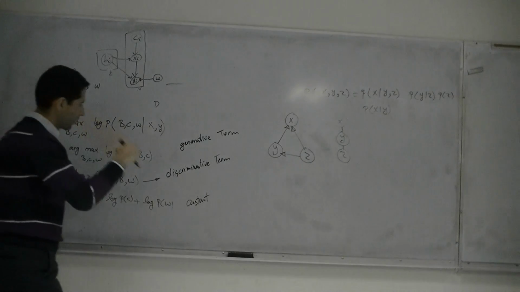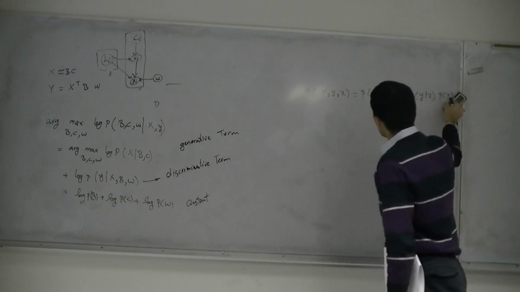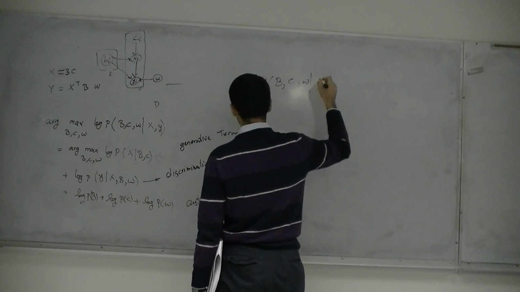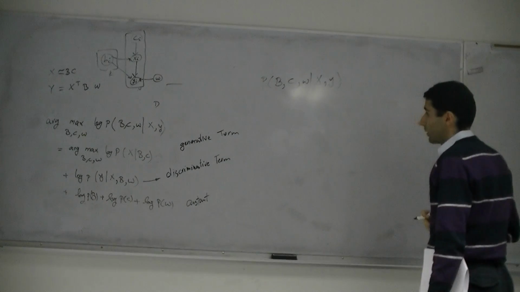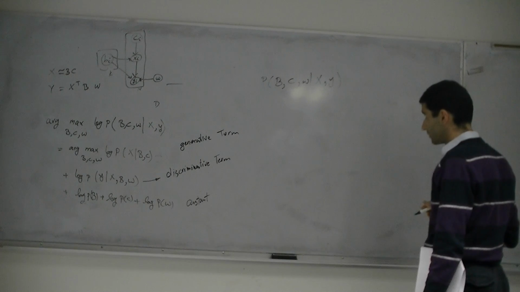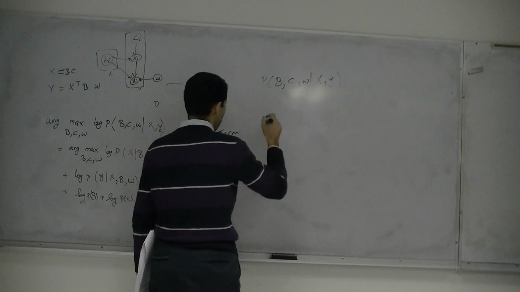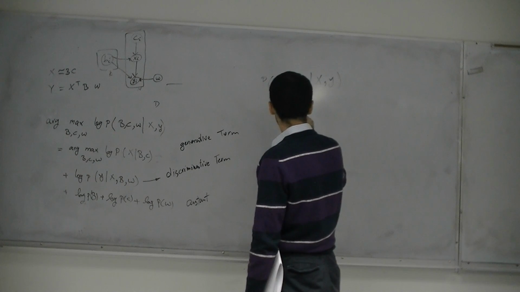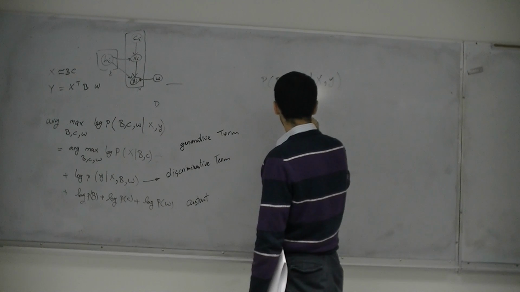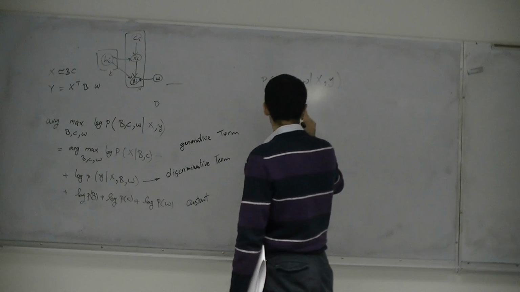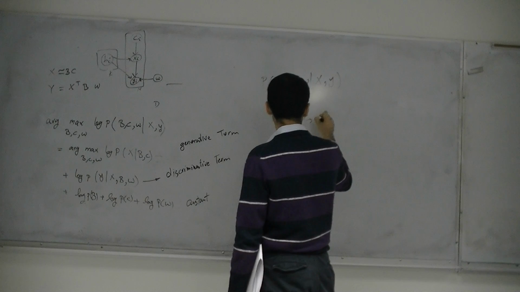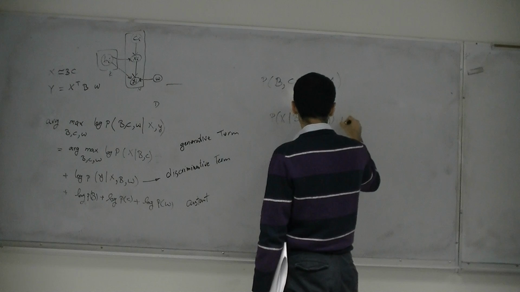And here, based on this diagram, we have probability of B, C, W given X, Y, and probability of X given B, C, W, Y given probability of